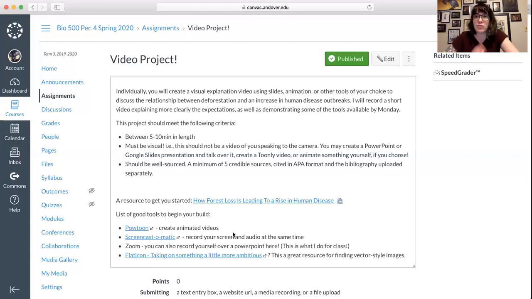In terms of research, I expect this to be well-researched, well-sourced, well-understood. And so I would say 5 credible resources is probably the minimum that would be acceptable. When I say credible, what I mean is, generally speaking, no .coms, no blog posts, nothing that is not itself well-researched. So primary scientific articles are great. If you are having trouble finding this sort of thing, or if you're unfamiliar with what that might look like, let me know, and we can certainly talk about that.